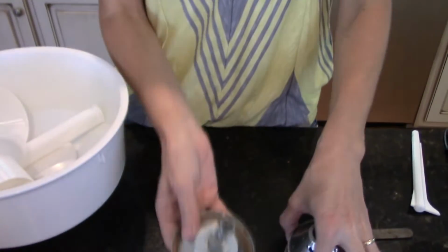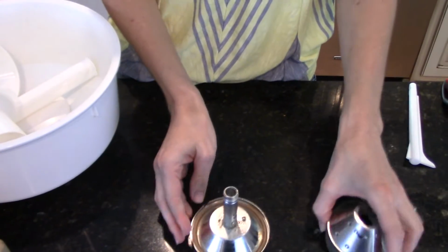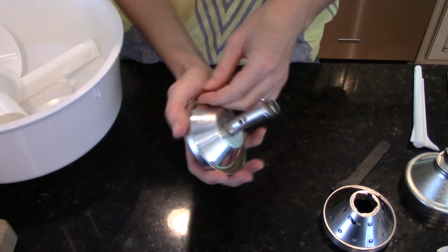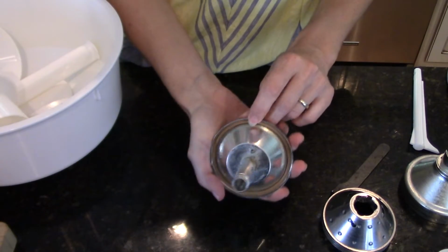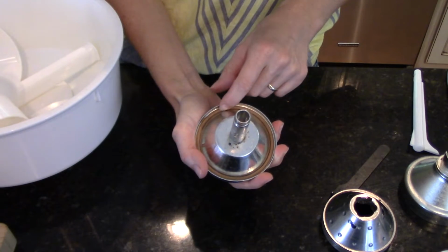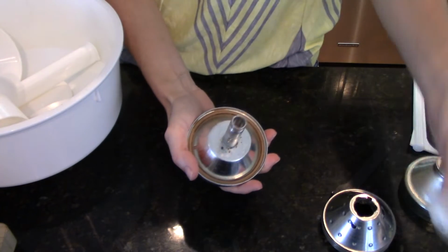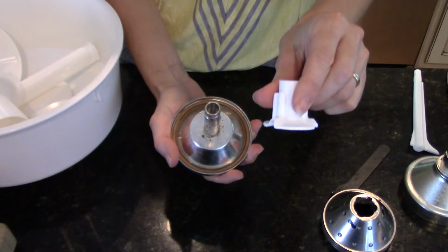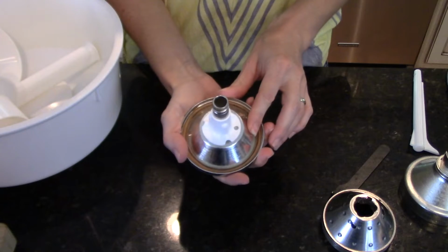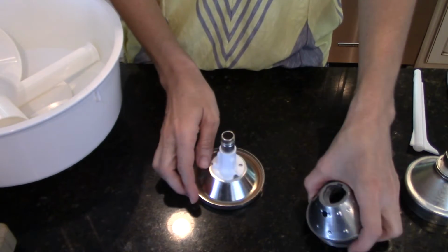First thing we need to do is set up this cone, and it's like the main piece that's going to separate out all of your cream. And this looks really intimidating, probably the most confusing part. You see here there's a rubber washer in the bottom, and that comes with an extra one of those too. After the washer, you're going to put on this piece, right like that,